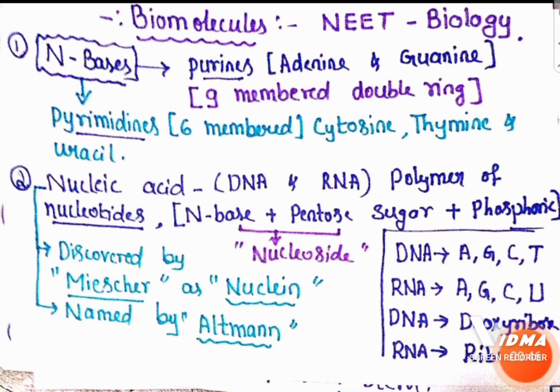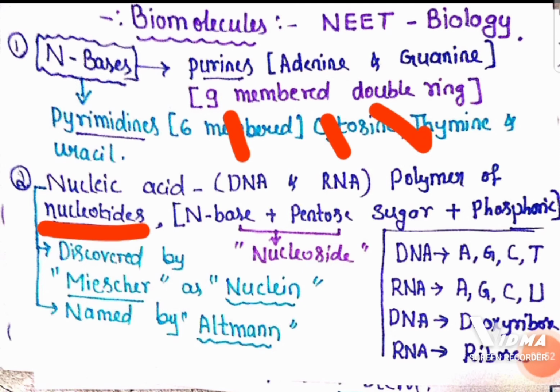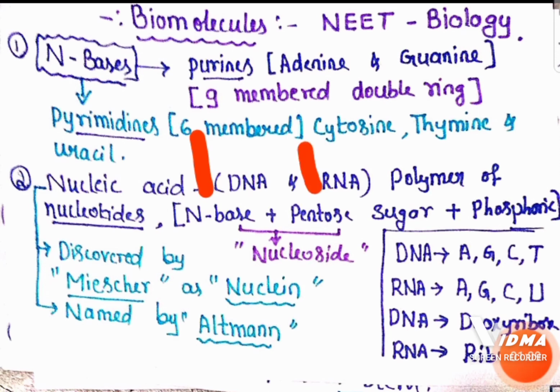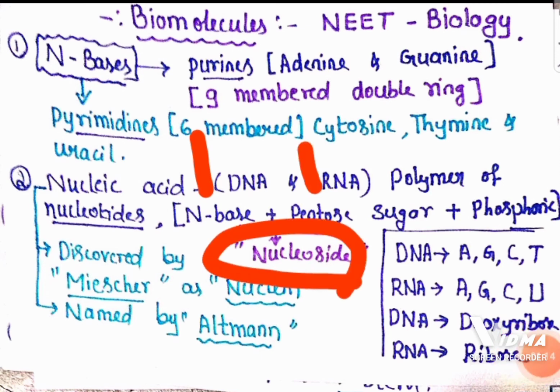Nucleic acids basically are of two types, DNA and RNA, and both nucleic acids are polymers of nucleotides. Now what are nucleotides? Nucleotides are made up of three components: a nitrogen base, any of these five nitrogen bases, a pentose sugar, a 5 carbon sugar, and phosphoric acid. When these three components combine together, they create a nucleotide. And you must also remember, when a nitrogen base and a pentose sugar link, it creates a